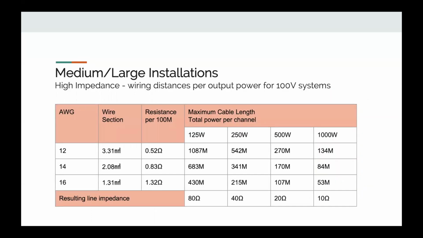If we look at the chart now and we take into account 100-volt speaker systems, then you'll see that even using a 16-gauge cable actually gives us the ability at 250 watts to run that cable up to 215 meters. And even with 1,000 watts, which is a considerable amount of current, it gives us the ability to run up to 53 meters. Again, you'll see the recommendation is generally to prefer 14 or 12-gauge cable for longer distances, but